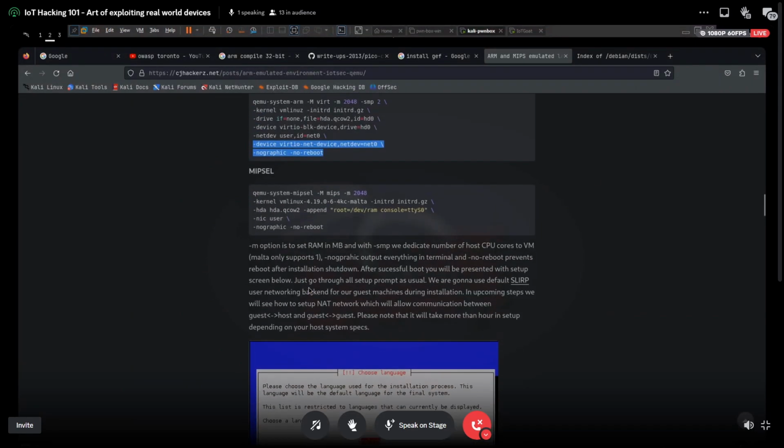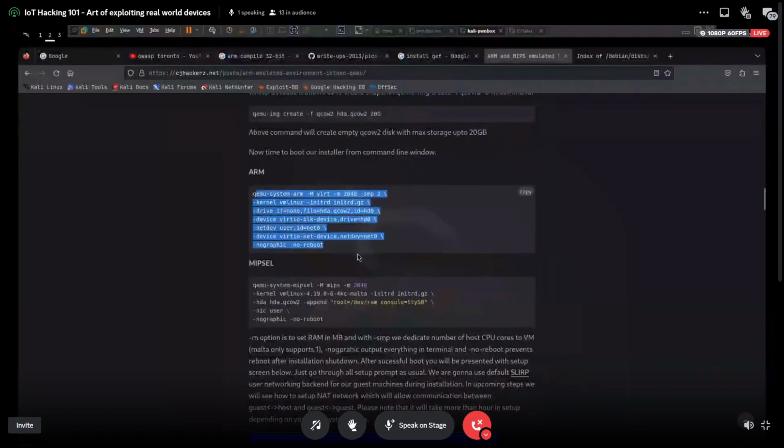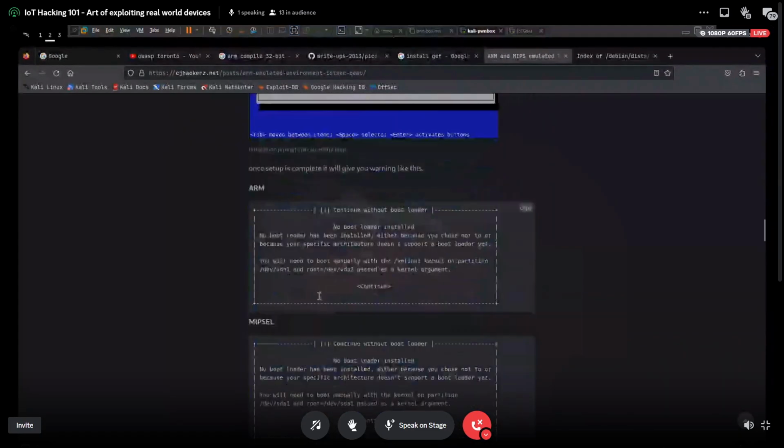Once you copy this command and run it, you start the installation process. Once the installation is done, it's gonna give you an error message that no bootloader is installed. But don't worry, because we don't need a bootloader in this case. We are directly gonna boot from the hard drive.